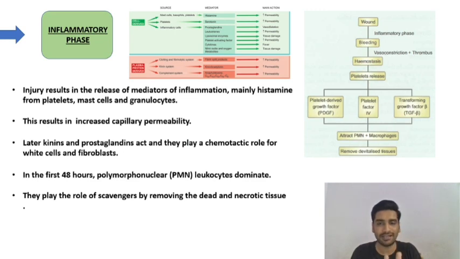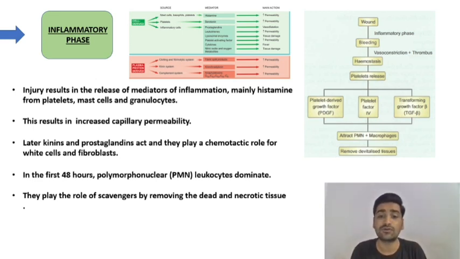So the two requirements which are mainly essential during wound healing or after an injury, increased permeability and vasodilatation, which occurred in the previous flow chart we saw, are going to be fulfilled in this phase itself: increased permeability by histamine and vasodilatation by prostaglandins. Now later what will happen is, when there is release of these chemical mediators of inflammation, they act